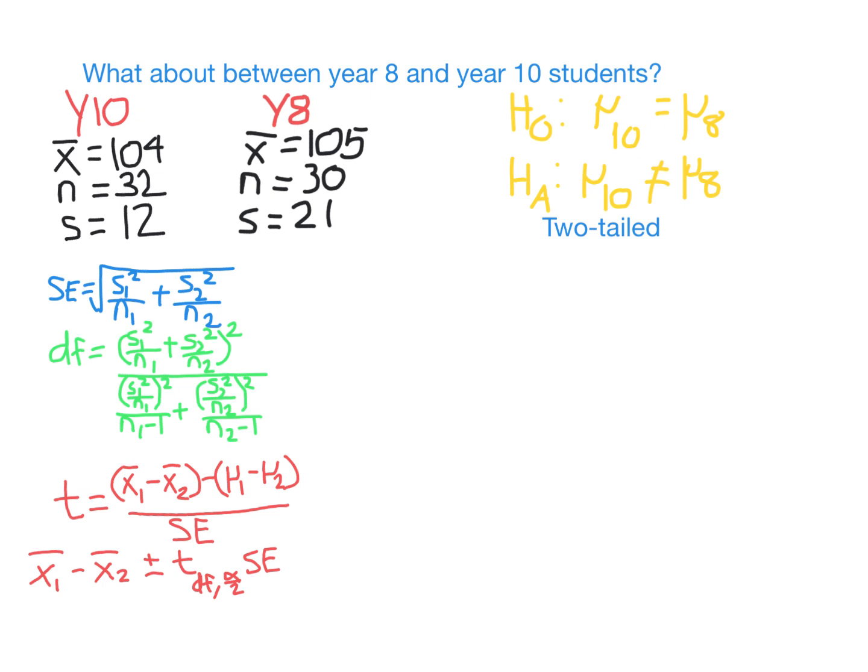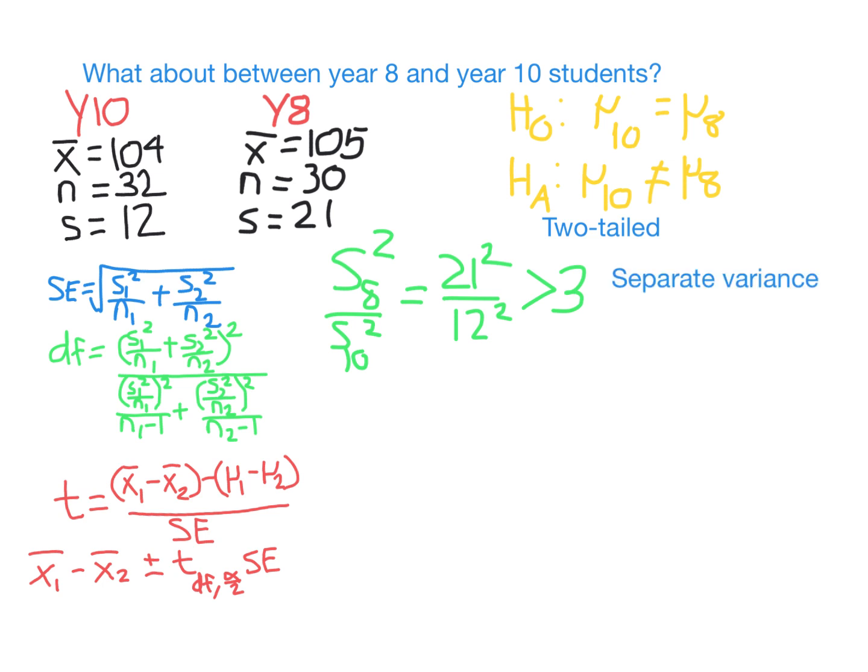So let's first determine which type of t-test we need to use. So here we have that the ratio of variances is 21 squared divided by 12 squared. That's greater than 3, so we're going to use a separate variance t-test. So in this separate variance t-test, calculating the standard error is actually easier. It's just the square root of variance of first group, so that's 12 squared divided by number in the first group, plus variance of the second group, so that's 21 squared divided by number in the second group. So if we put that on our calculator, we get about